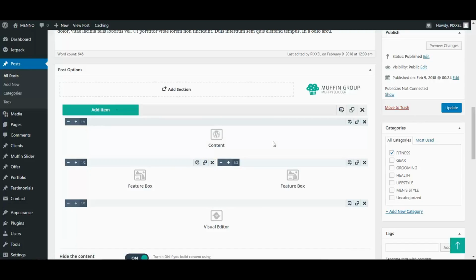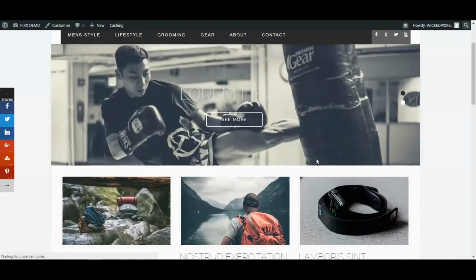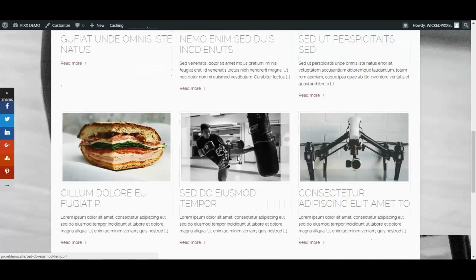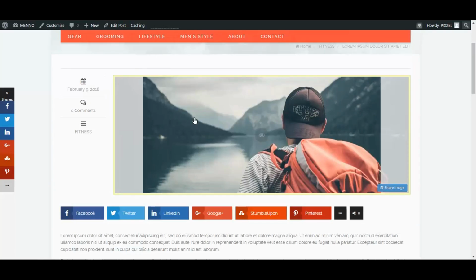So what I'm going to do, I'm going to add a few more blog posts. I won't add them all because I have the other website as completed, and we can look at that as an example here of what the end product is, so we don't have to go through all of this. I'm going to make the same exact website. So let's